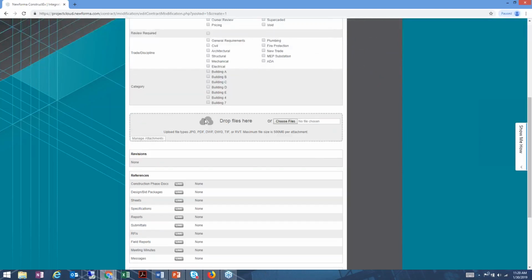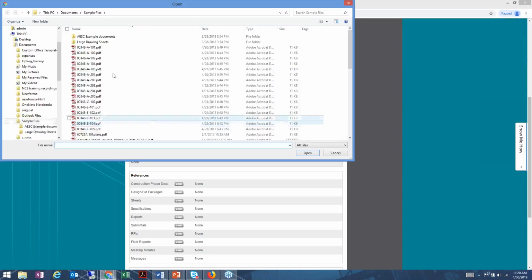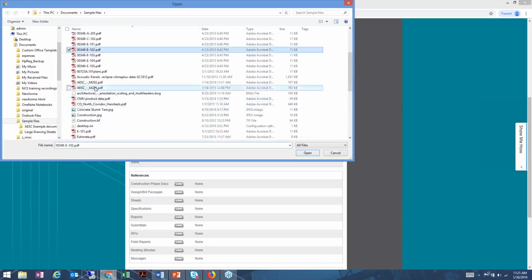And then I'm going to get down to my attachments section here. So what I'm going to do at this point, obviously, is I want to now upload the new version of this sheet so that it can get linked back to the sheet index, so that everybody on the project has visibility into it and is working off the current document. So I'm going to just go ahead. You can drag and drop, or you can choose files and browse depending on your preference. I'm just going to drop down in here real quick, and I'm going to grab my updated sheet